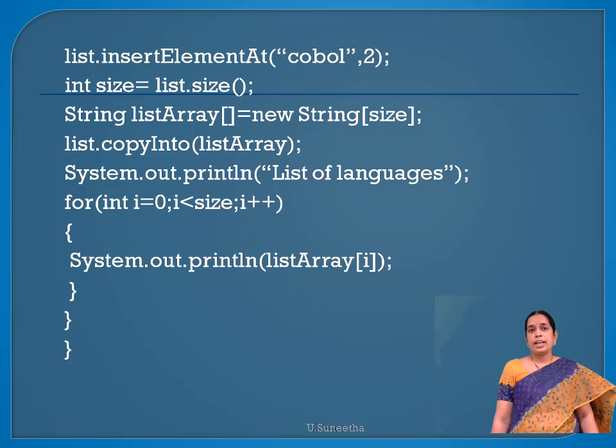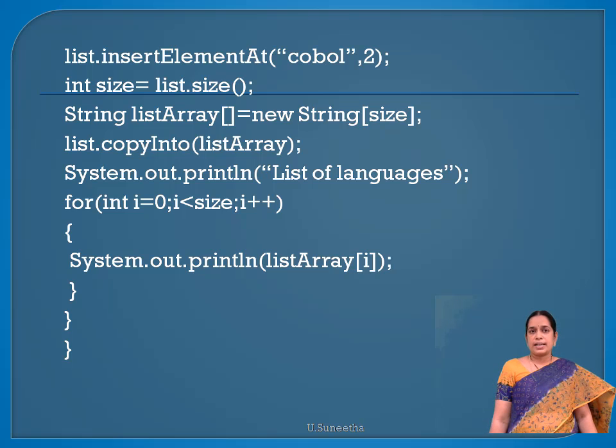Now I am inserting a new element called cobalt at index 2. The size will increase since I have inserted a new element called cobalt at the second index. So I am calculating the size here. The statement has been written like this: int size = list.size();